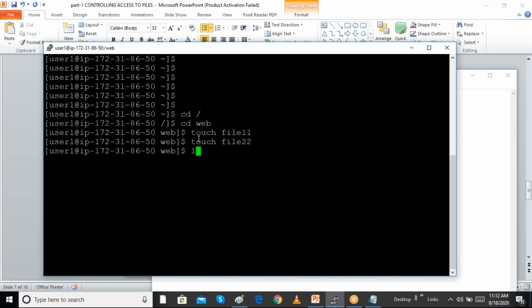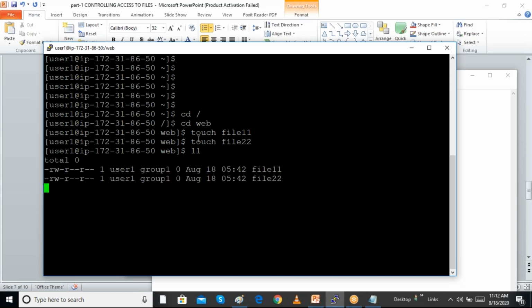When I do ls -l, we can see that these two files are created by user 1, and their group membership is also reflected here. Now I will log in as user 2 by switching user, and it will ask for the password.